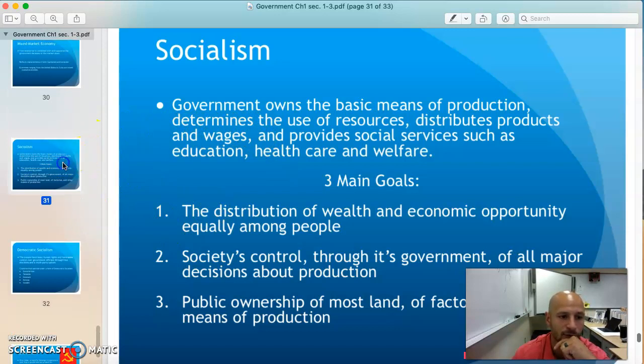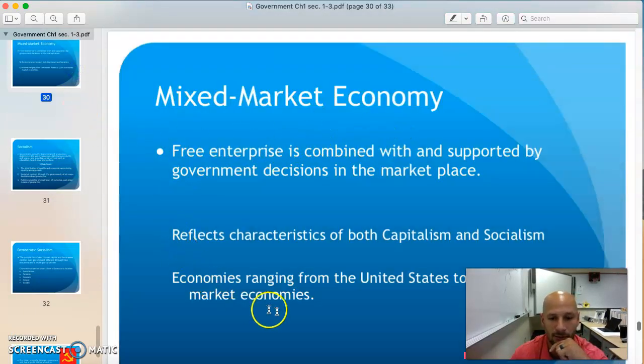Just reviewing, going back up. Mixed market economy, this is what the United States has. We have a form of capitalism in here. There's still people that get rich, but there are also socialist ideas, like education, so on and so forth. This is where that whole tax bracket thing comes in when it comes to a social consensus. Should we be taking more from the rich and giving to the people on the bottom? Or should everybody be charged the same?